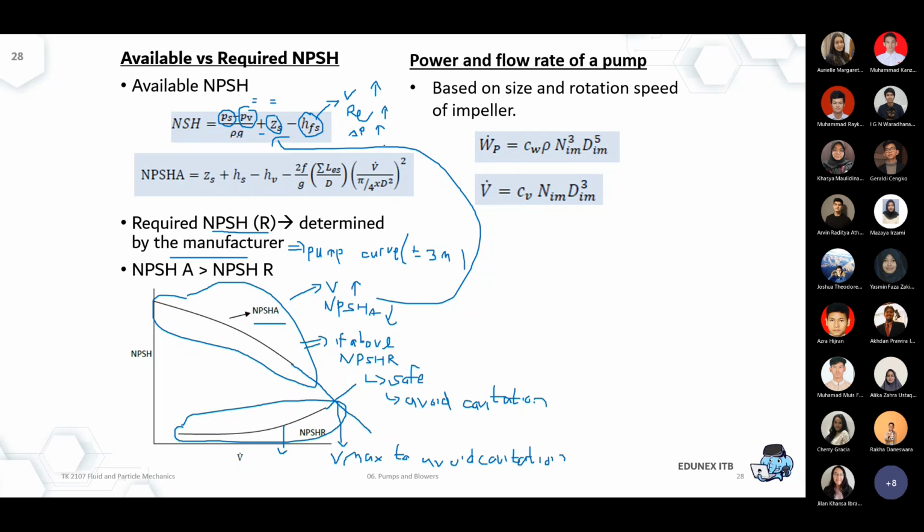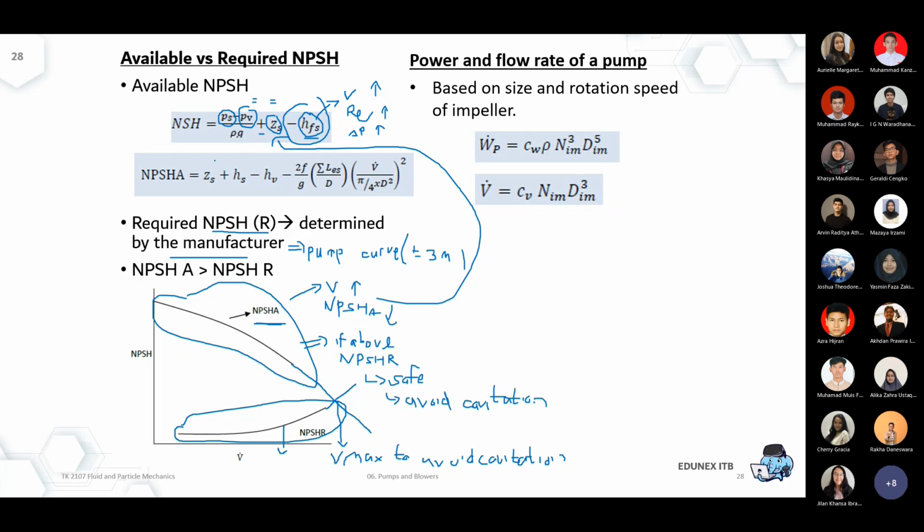So when your delta P increases, your overall head of friction in the suction part will increase. So that becomes more negative, right? When you increase the velocity, your NPSH available will gradually decrease because your delta P gradually increases. And at one point, your delta P becomes too much, where the liquid starts to vaporize before it enters the pump. Okay, so be careful about this.